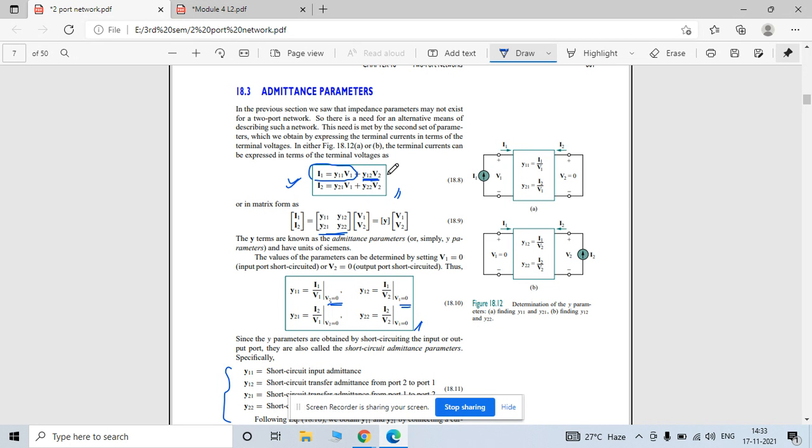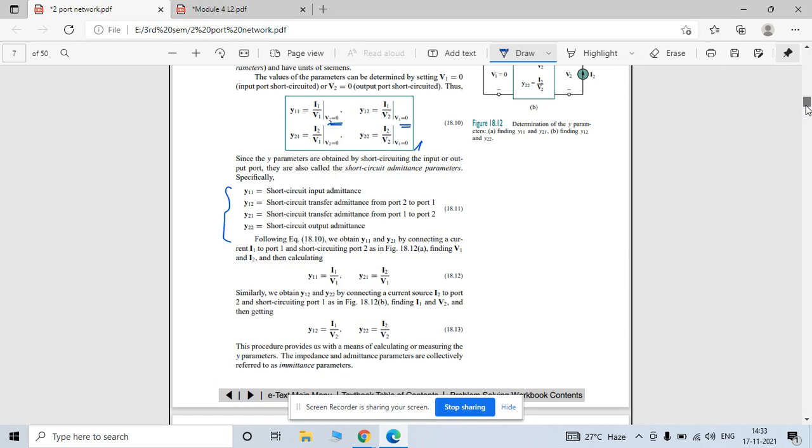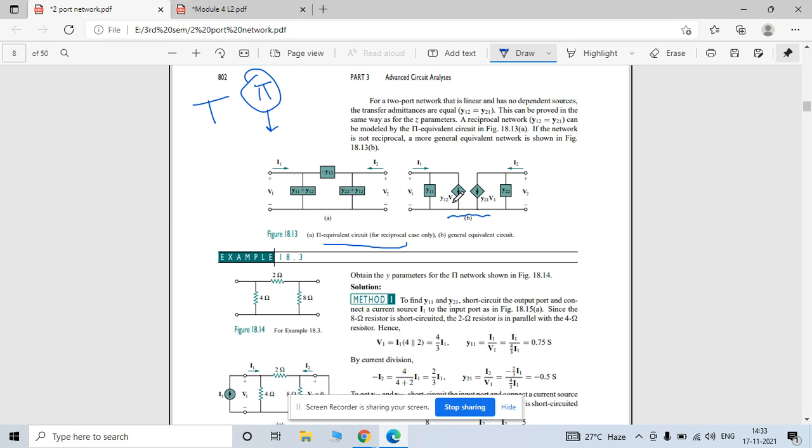It is a current source, and voltage dependent, that's why this parameter is reflected in your equivalent circuit here. Now see, this is a current source, voltage dependent. I hope this is clear to you.